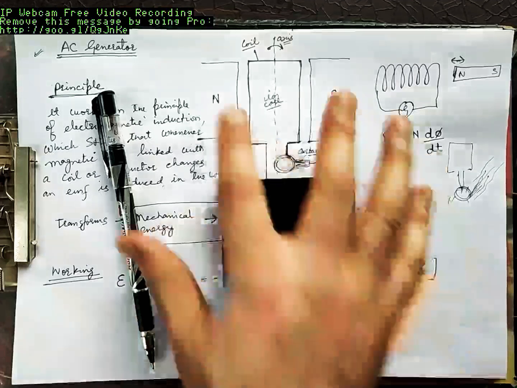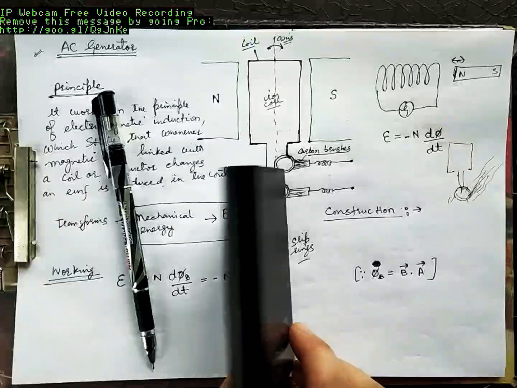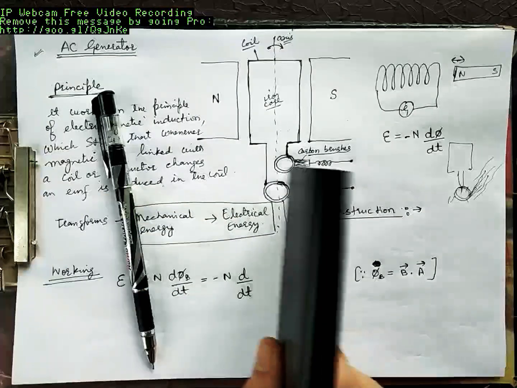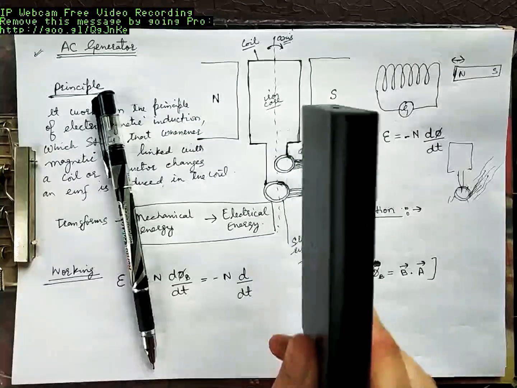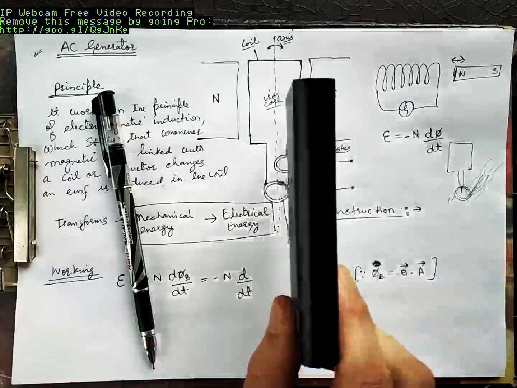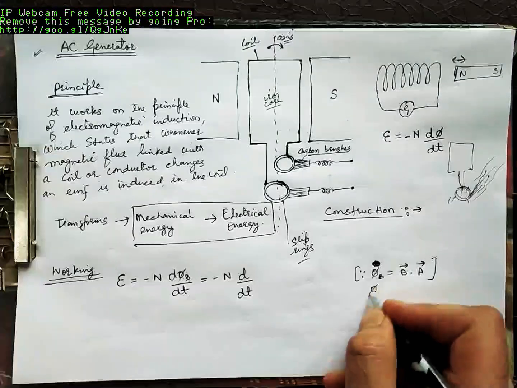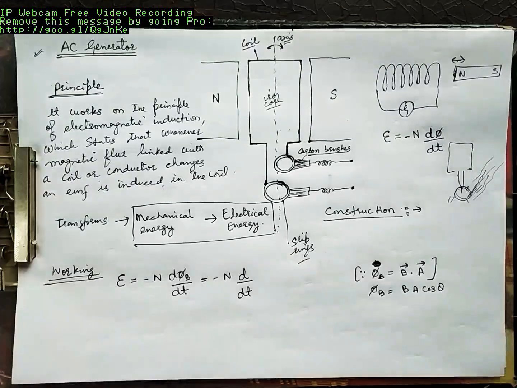Now you have the same magnetic field over here, north south the same, but I am rotating this coil and now this coil is in this position. So flux will pass through this. Flux through this is maximum here. Flux here was 0, flux here is maximum. So flux through this coil is a function of the orientation of the coil. So flux is equivalent to B into A. Also we can write flux phi B as B A cos theta, where theta is the angle between magnetic field B and area vector A.